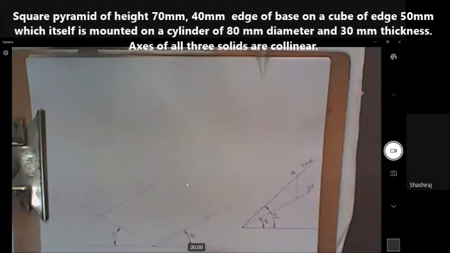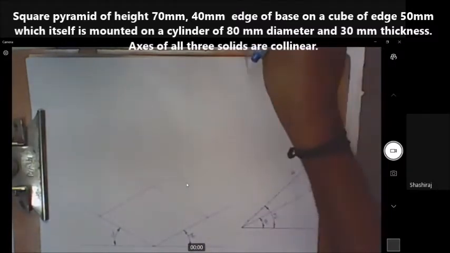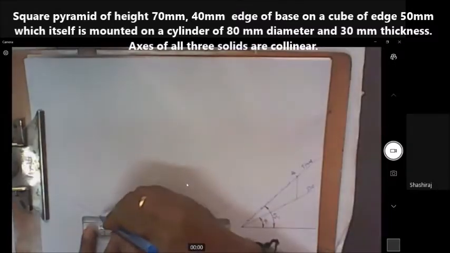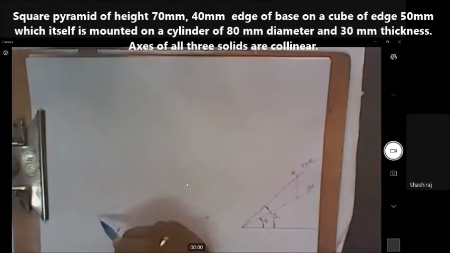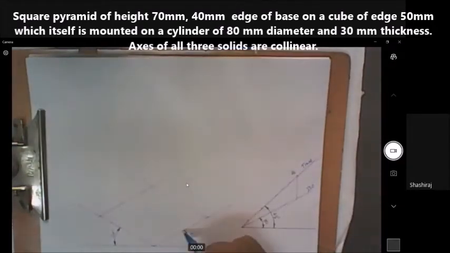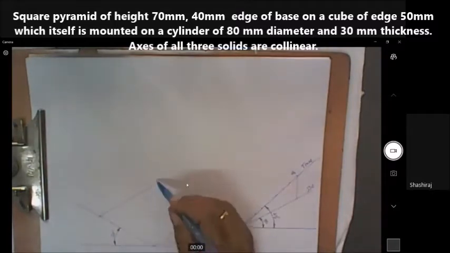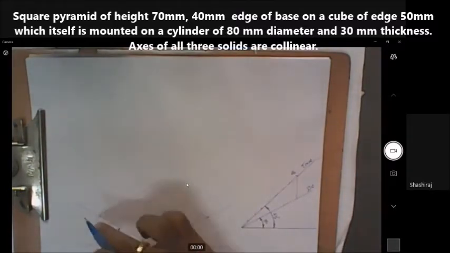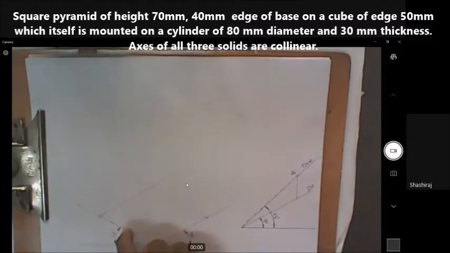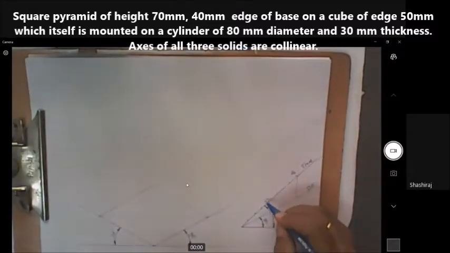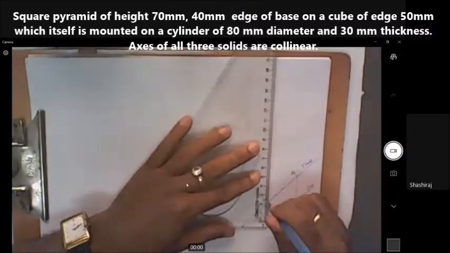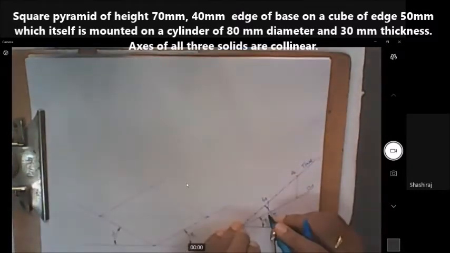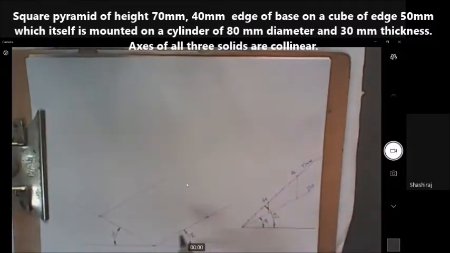Now we know how to draw the ellipse using 4 center method. First, drawing this major diagonal first. I should find out the midpoint of this side and midpoint of this side and join it to this corner like this. So midpoint means this is ISO 80. This midpoint should be at ISO 40. So 2, 3, 4, 40 is here, and this compass and mark it here.